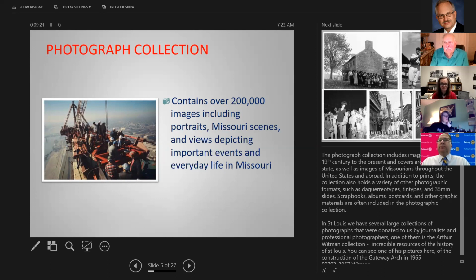Now, in St. Louis, we have several large collections of photographs that were donated to us by journalists and professional photographers. One of them is the Arthur Whitman collection, which is an incredible resource on the history of St. Louis. Now, as you can see here on the slide,